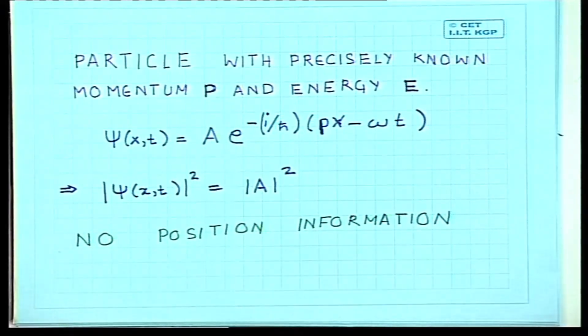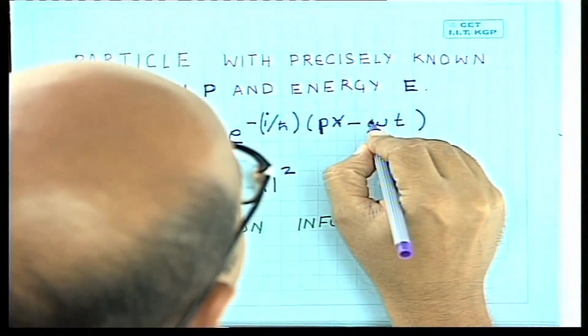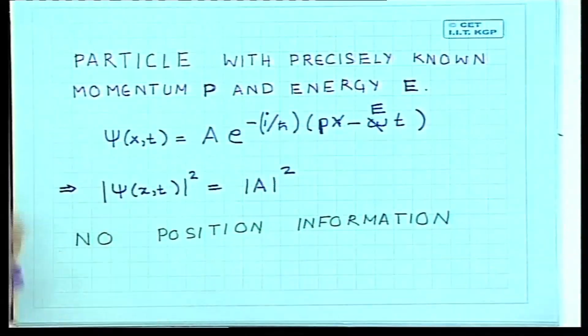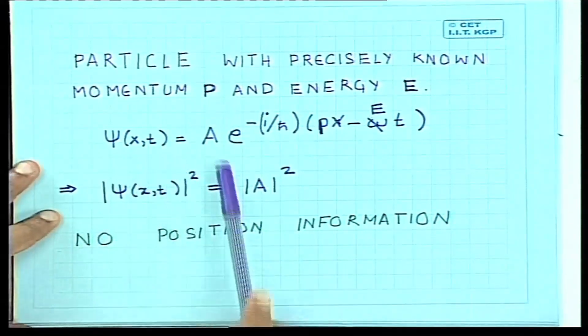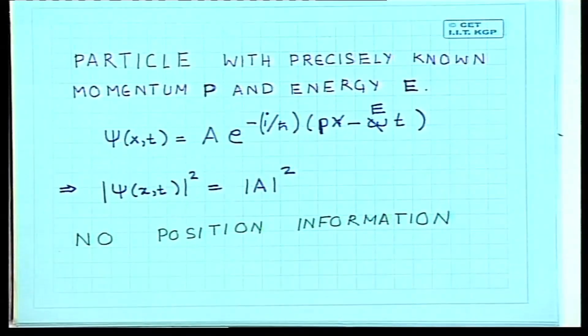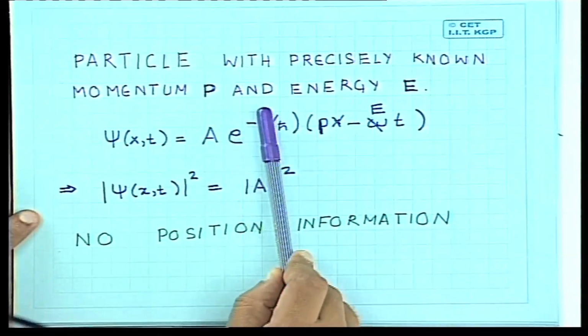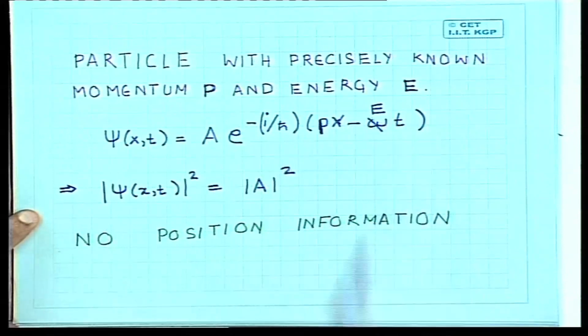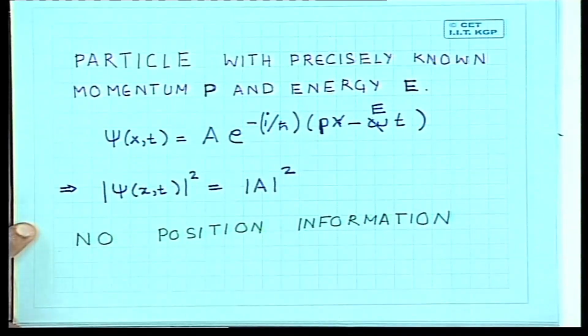Now, using this identification between the angular frequency and the energy, the wave number and the momentum, we could also write the same wave directly in terms of the momentum and the energy. Sorry, this should be the energy. So we had psi of x,t is equal to some constant A, which could be complex, into e to the power minus i by h cross (px minus Et). This is a plane wave, and this corresponds to a particle with momentum p and energy E moving along the x direction.